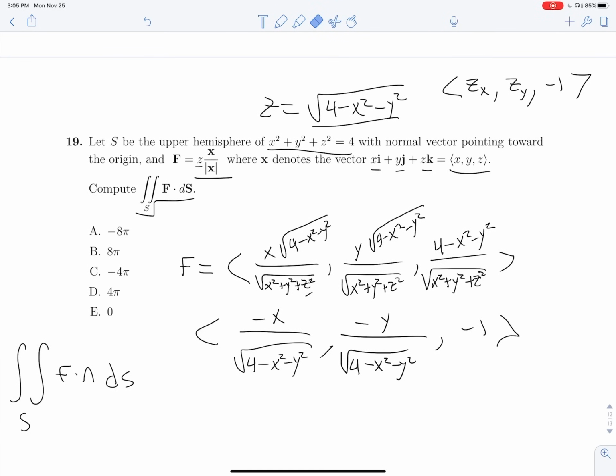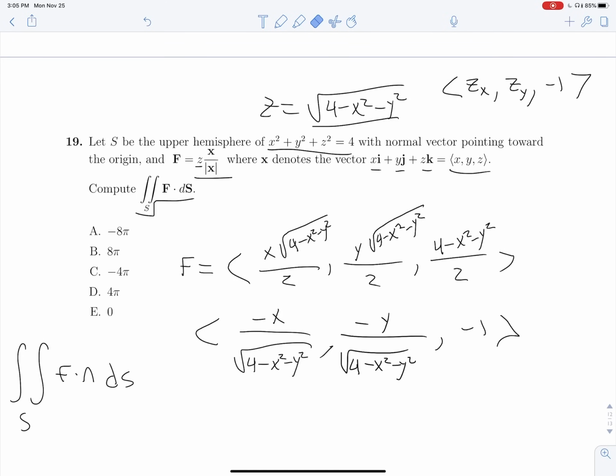So we can replace the z squared with 4 minus x squared minus y squared. And these denominators will just turn into root 4, which is just 2. So already some magic is starting to happen. And then we'll see as we take this dot product that this root 4 minus x squared